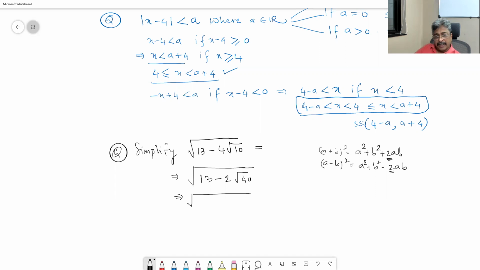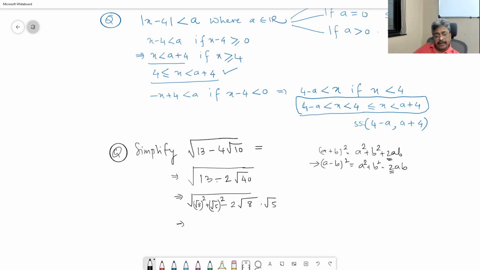Then you should look at it, because this is a minus sign, you should compare it with this formula. And maybe you get a hint here saying that root 8 into root 5 makes 13. Here it will be root 8 squared plus root 5 squared. This is simple. This quantity now inside the bigger radical sign is the same as 13 minus 2 root 40.